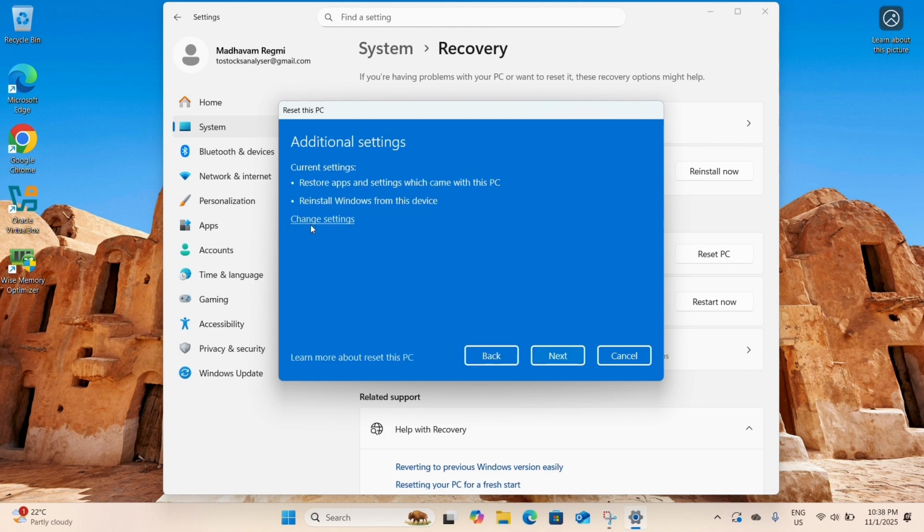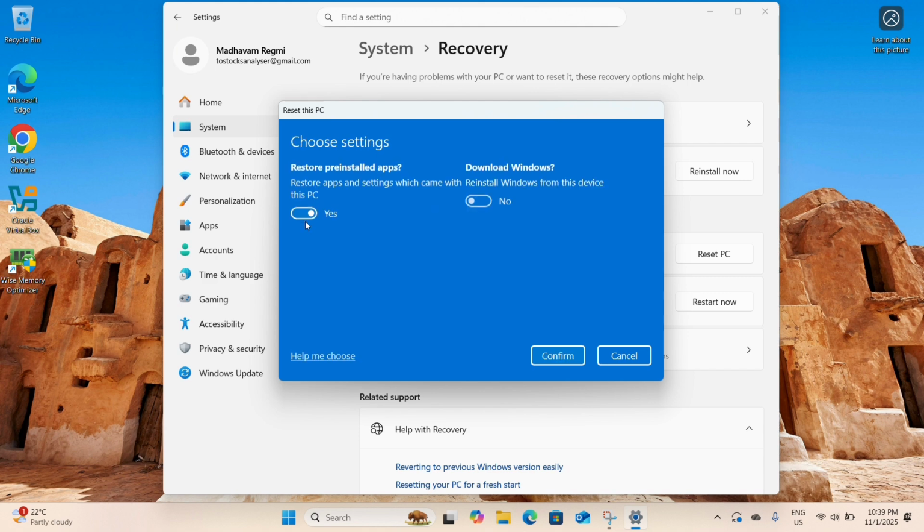So here you can see it will restore apps and settings which came with this PC just like when it was new, and reinstall Windows from this device. Click on change settings. You can choose these options based upon your choices and click on confirm, click on next,